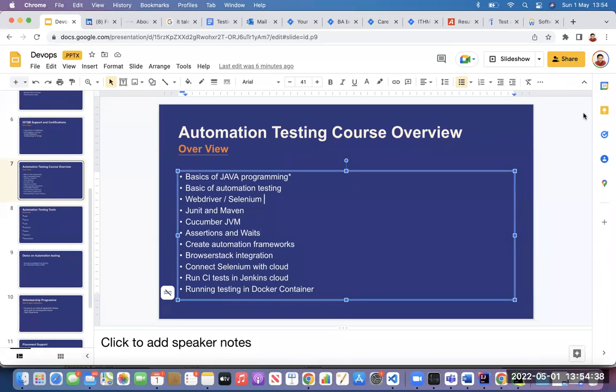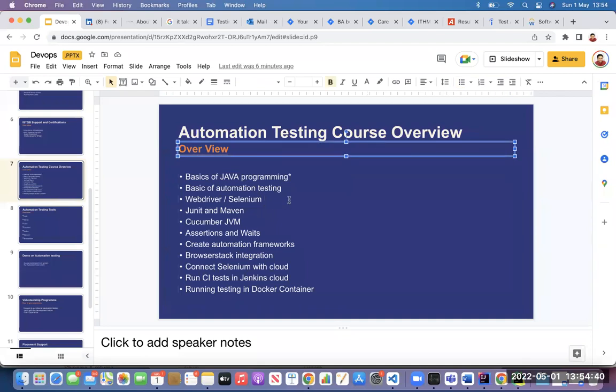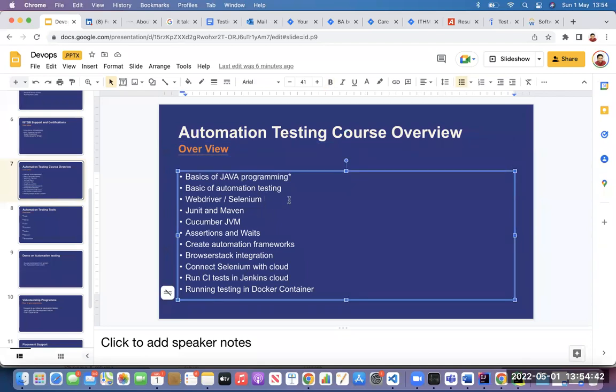Now coming to automation testing, guys, Java is one programming language, but the main thing you need to understand is automation testing as a subject. Selenium is one of the tools, but you need to know what automation is. Automation means making your regression tests run in a CI/CD pipeline. That is the meaning of automation testing. If somebody asks, do you know automation testing, and you say, I know Selenium, can you give me a job? That's wrong.